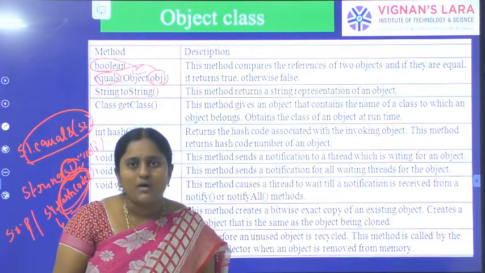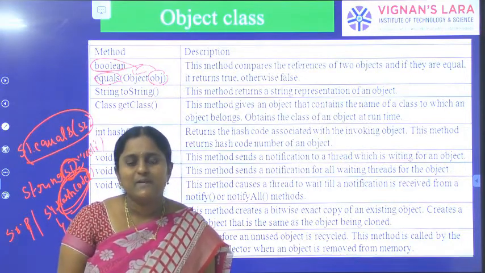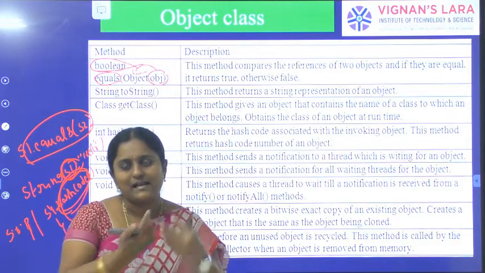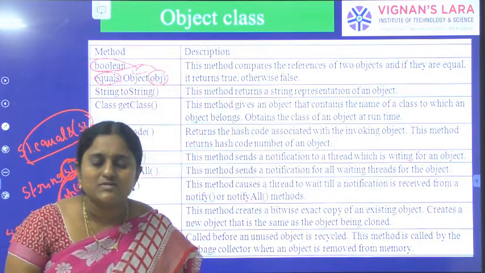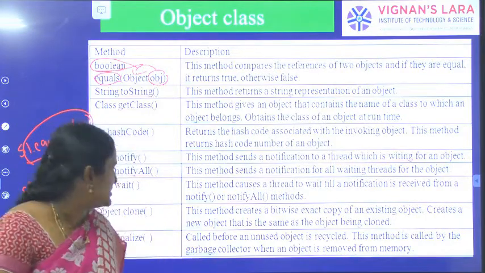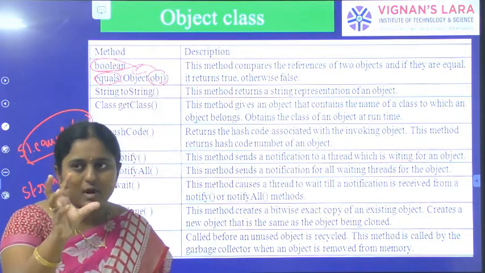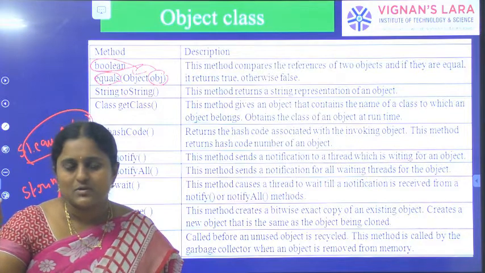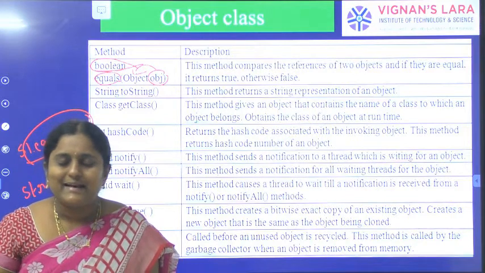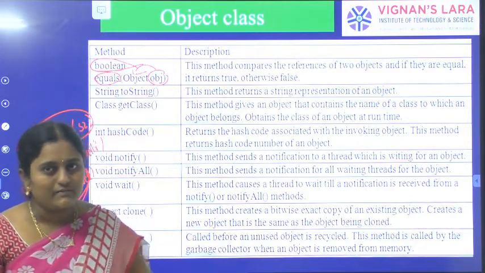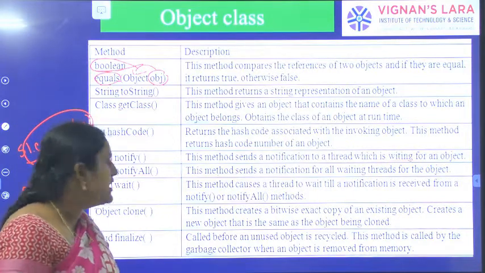Suppose one object is no longer used, it automatically deletes the unused memory space and provides the space for another application. In another situation we can use the finalize method: we can clean up all the resources and all the objects. It is called before an unused object is recycled. Whenever one object is no longer used, it automatically deallocates the memory and allocates the memory for another application. In those situations we can use the finalize method, whenever we clean up the objects.